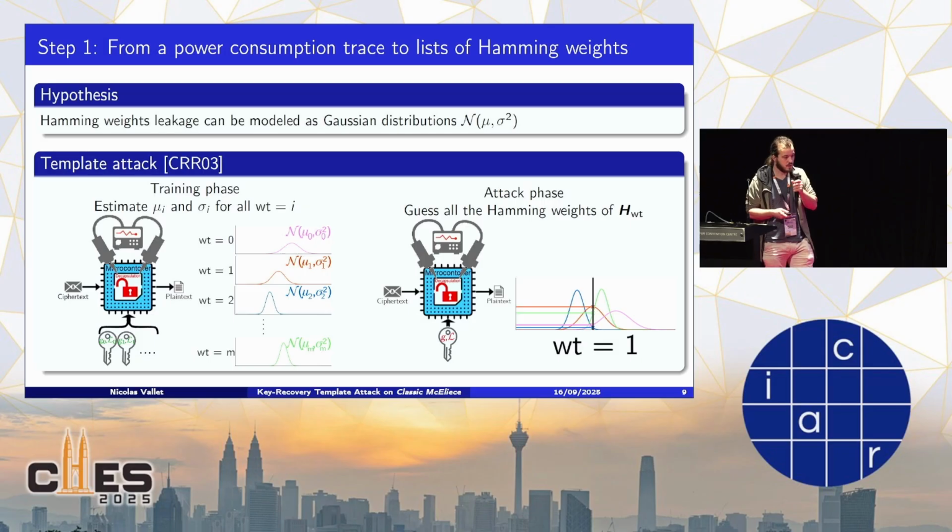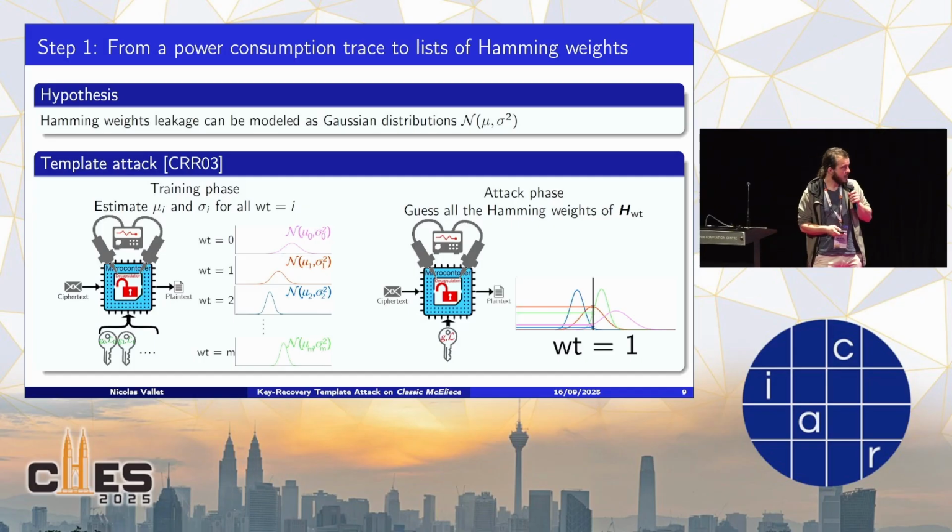So during the first phase, the training phase, we used a replica of the device that we want to attack, on which we run the syndrome computation using many random known values for the private key, so that we could exploit the power consumption traces recorded to estimate all the parameters for the Gaussian distributions. And then in the second phase, the attack phase, we